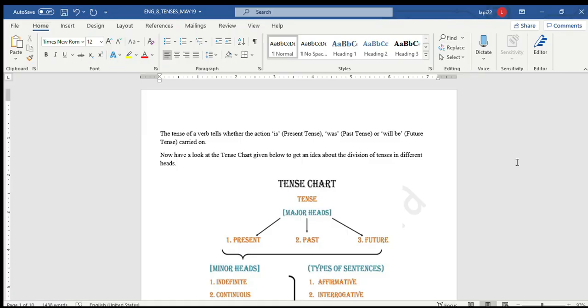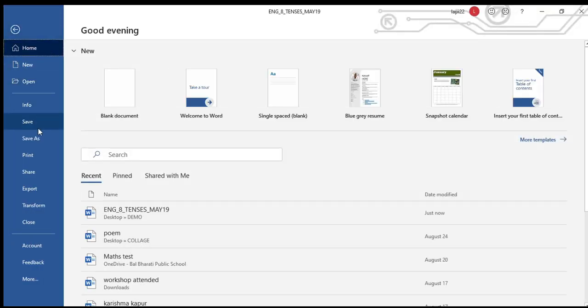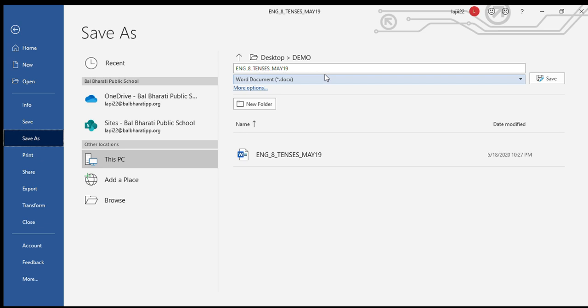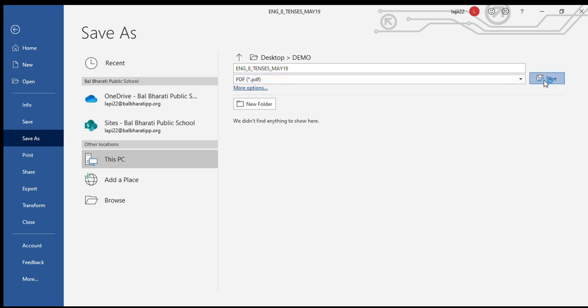You can also write an answer or paste a picture in the Microsoft Word in case you have clicked using a phone. Then go to File and Save As and choose the PDF option. In the type option, you can choose the file type as PDF, and then when you will save, your file will convert into PDF and it will be of very small size. So this way also you can reduce the size of your file.